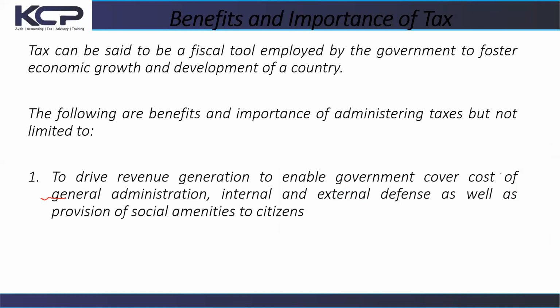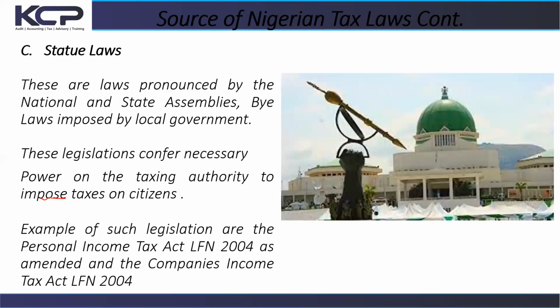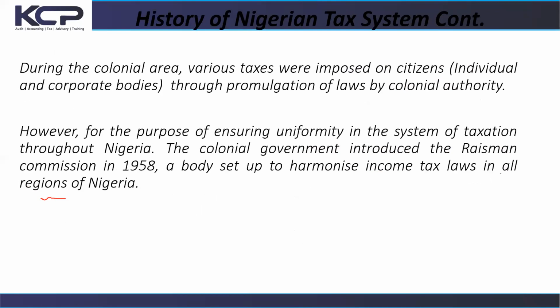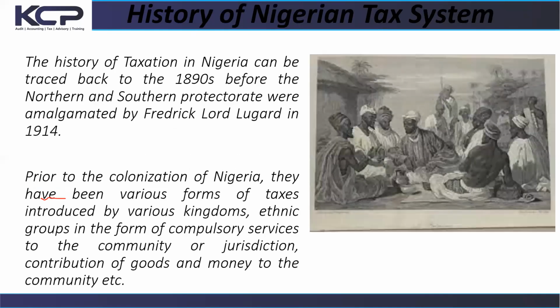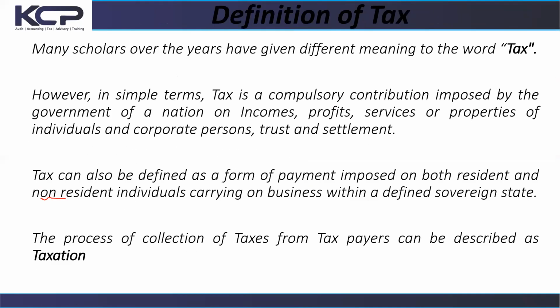But before we get to that, let's quickly do a brush through. I just want to be double sure that everybody is carried along. Where did we start from? We started by differentiating between what is tax and how it is different from taxation. We identified that while tax is the actual payment you make, which is compulsory, not optional, and is collectible by the government and is subject to you having earned a taxable income, whether you're a resident person or you are a non-resident person but carrying on business in Nigeria.